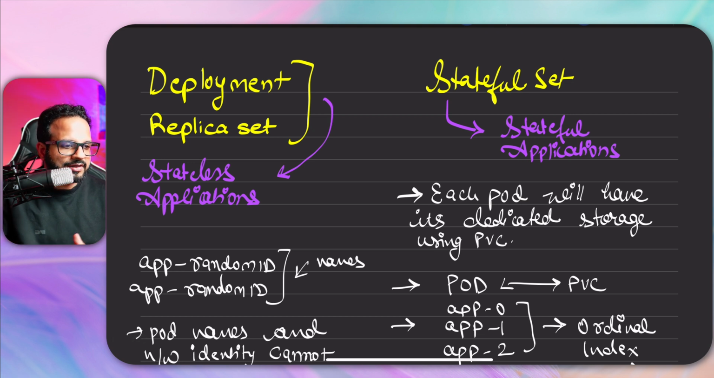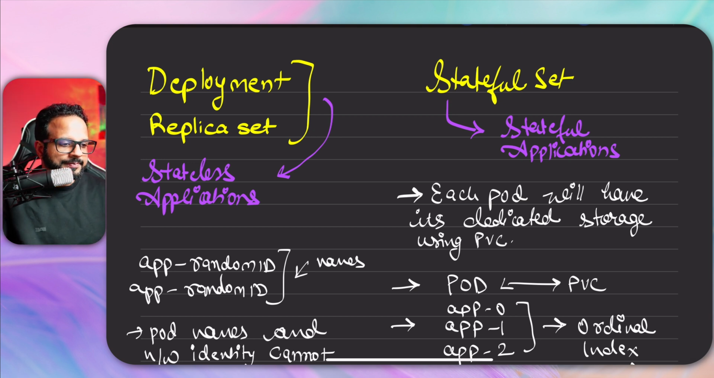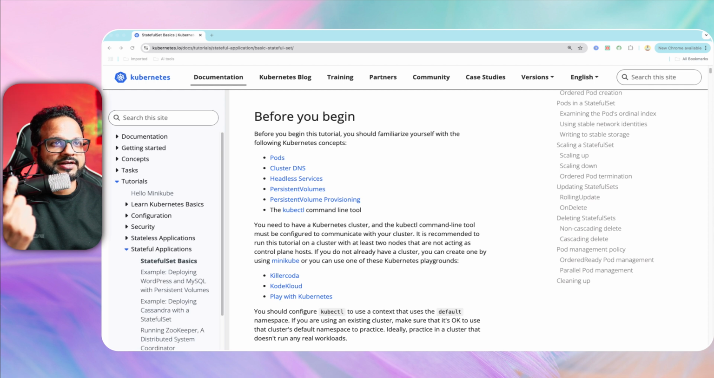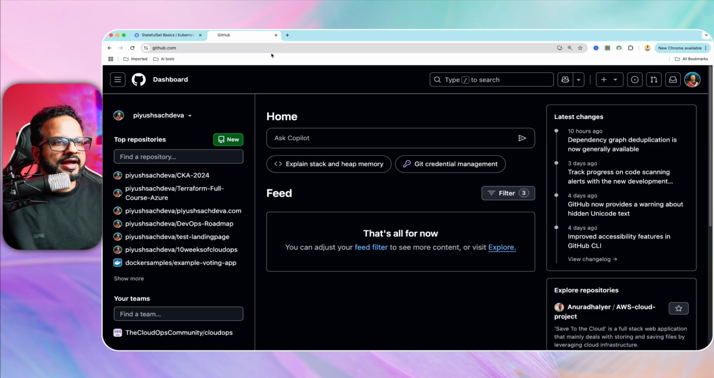Now we have done some basic groundwork of understanding it from the concept point of view. Now let's do the demo of it. So you can follow this video or you can follow the GitHub repository. In fact, let me show you the task first. So you can go to github.com and